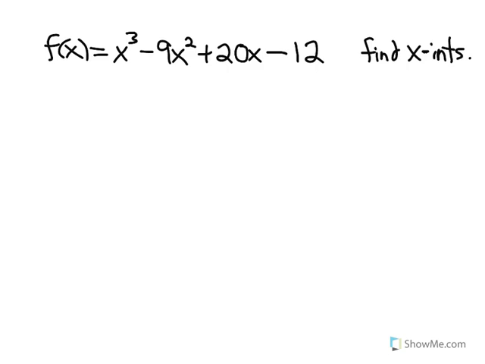So I'm just going to start by replacing f of x with 0, because we know that if we can set that to 0 and solve for x, then those must be the x-intercepts. Minus 12. Okay, now because cubic functions are pretty difficult to factor, we're going to use the factor theorem